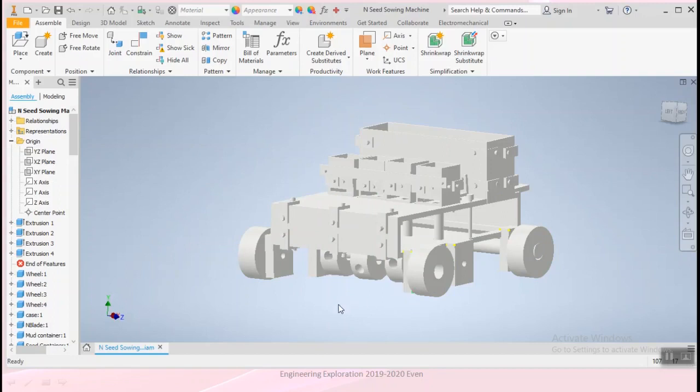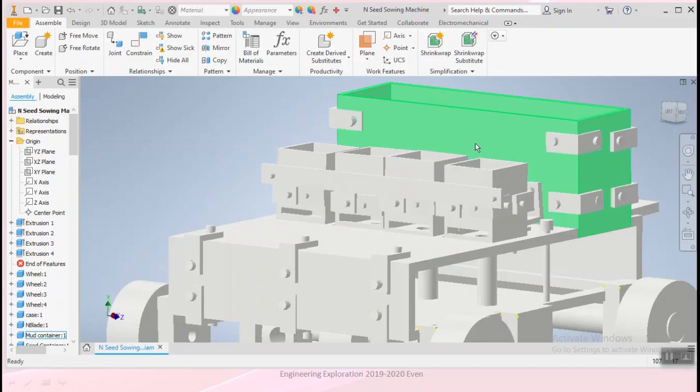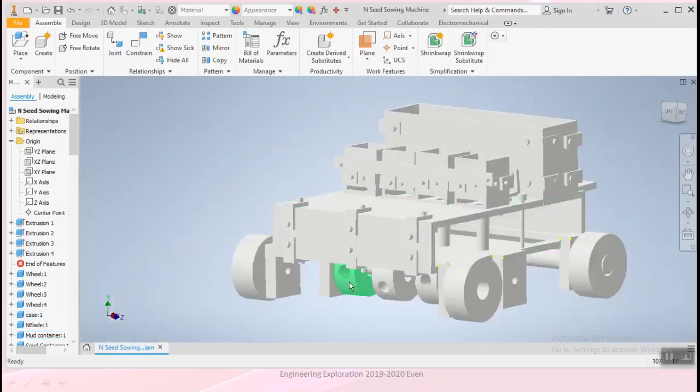The second subsystem is the seed dispensing unit. Its main function is to dispense the seeds into the holes of the seedling tray and cover mud on them. It consists of 4 seed containers, 1 mud container, 1 DC motor and 4 seed dispensing wheels. Pipes are connected between the seed containers and seed dispensing wheels.